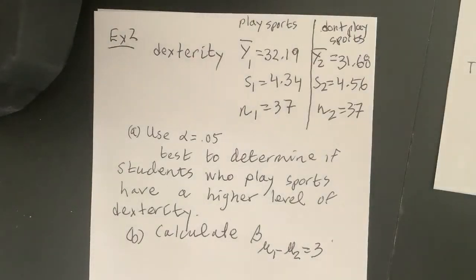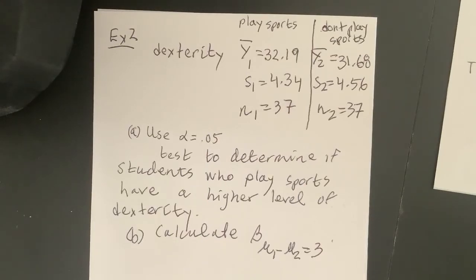Okay, hi. Another test, another example, running a test and then computing the probability of type 2 error for the test. So we have this little table here, two populations. One is 37 students, let's say, that play school sports, and there's a dexterity rating, which is Yi, for each